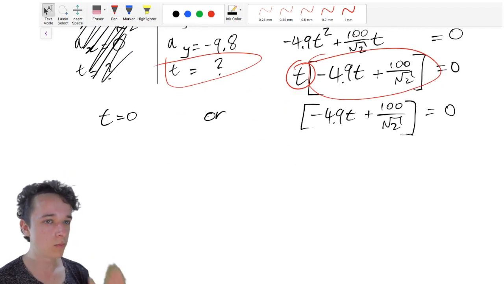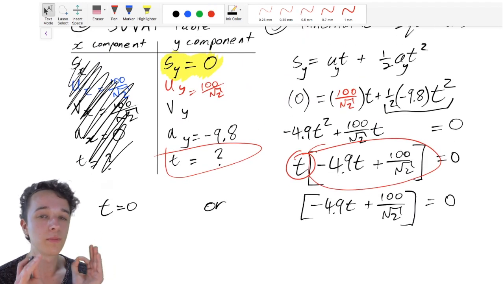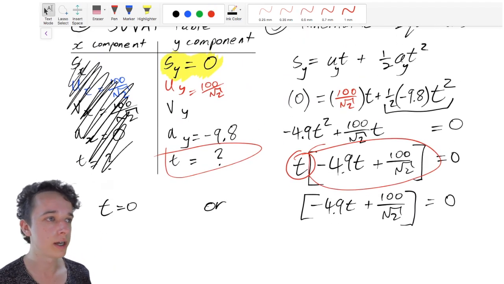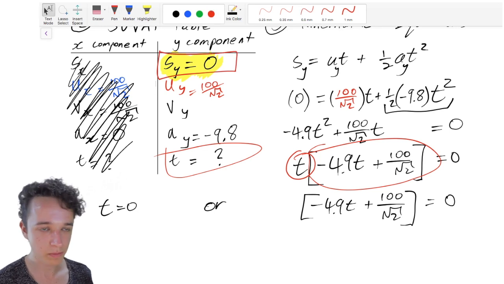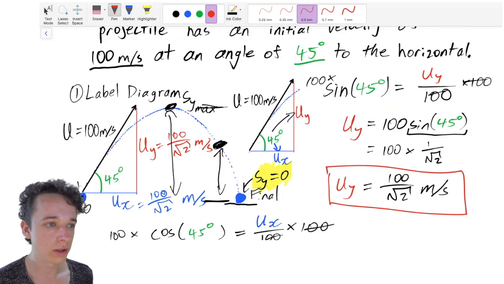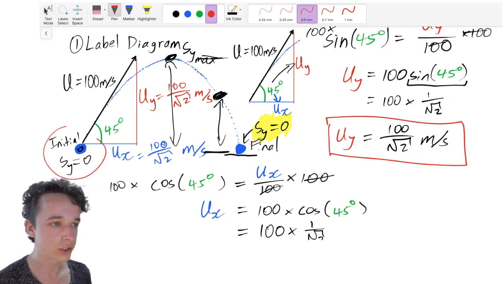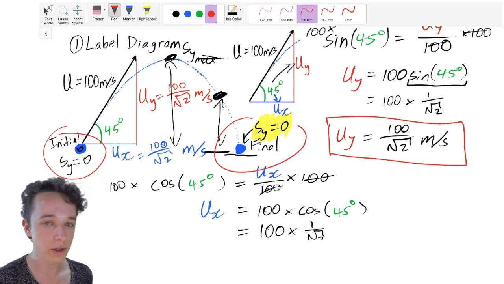Well, remember, the critical piece of data that we've put into this equation is that sy is 0. And it's telling us when sy is equal to 0. Well, sy is equal to 0 at 2 points, right? It's equal to 0 at the initial position, and it's equal to 0 at the final position. And so what this is telling us,